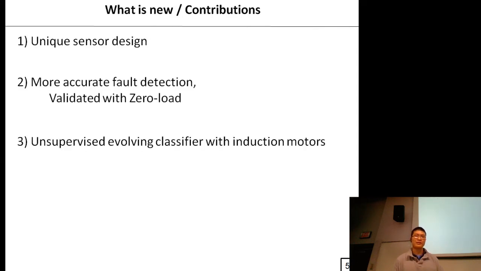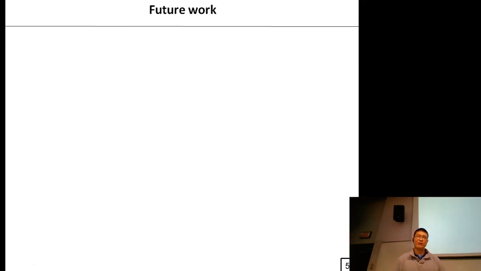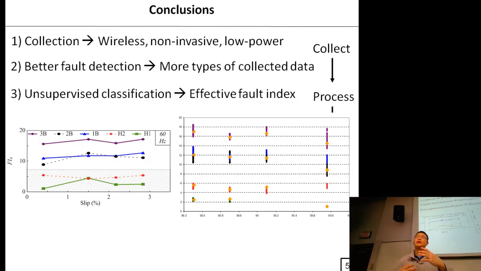And so that ties into future work where these two aspects here, with the sensor and the more accurate fault detection, is in a paper publication currently under review. My supervisor hopes to have a patent related to this unique sensor design and an additional paper with regards to this unsupervised evolving classifier. So aside from these things, my obvious future work would be I have to finish that thesis too. And also, with regard to the research itself, what kind of future work is open to a future